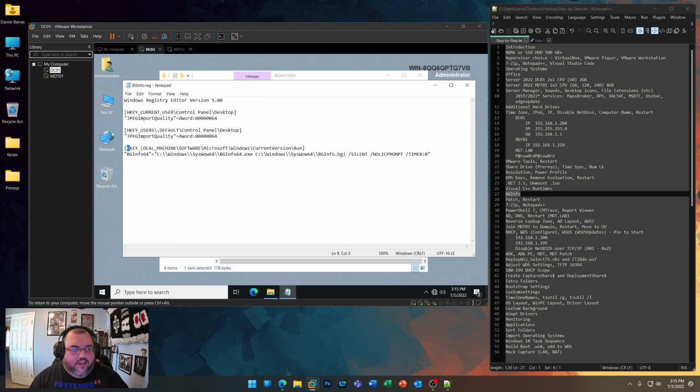Then you're going to add to the HKEY_LOCAL_MACHINE\Software\Microsoft\Windows\CurrentVersion\Run this command, bginfo64. I usually place the bginfo64 file into the C:\Windows\SysWOW64 folder. Then put your BGI file, your custom BGI file, in the same folder, /silent /nolicprompt /timer:0. Okay, and that way when you log into the machine, it'll automatically update